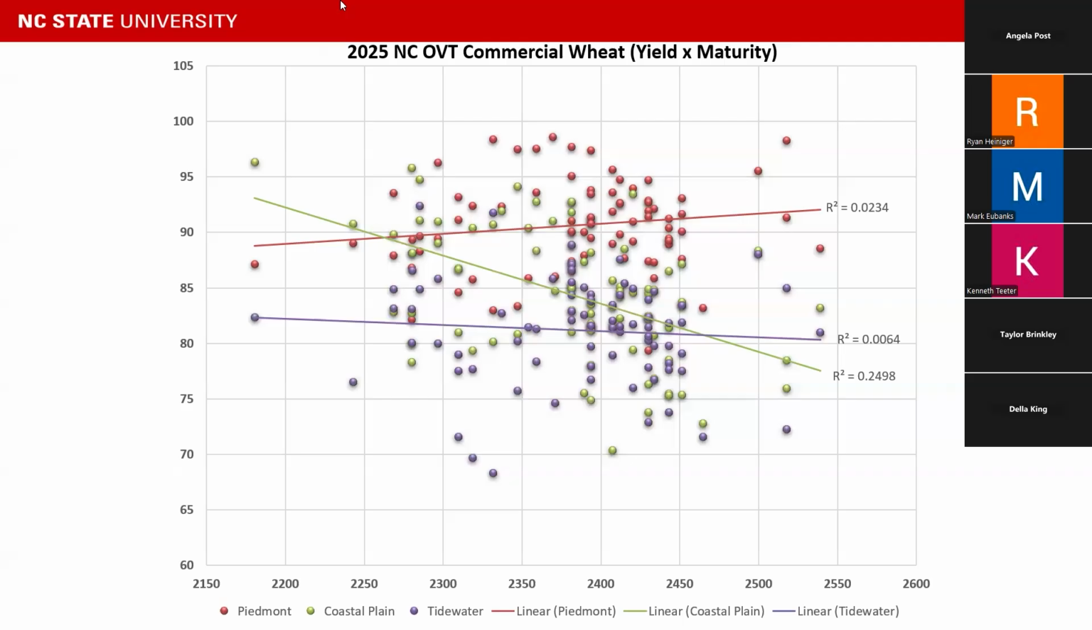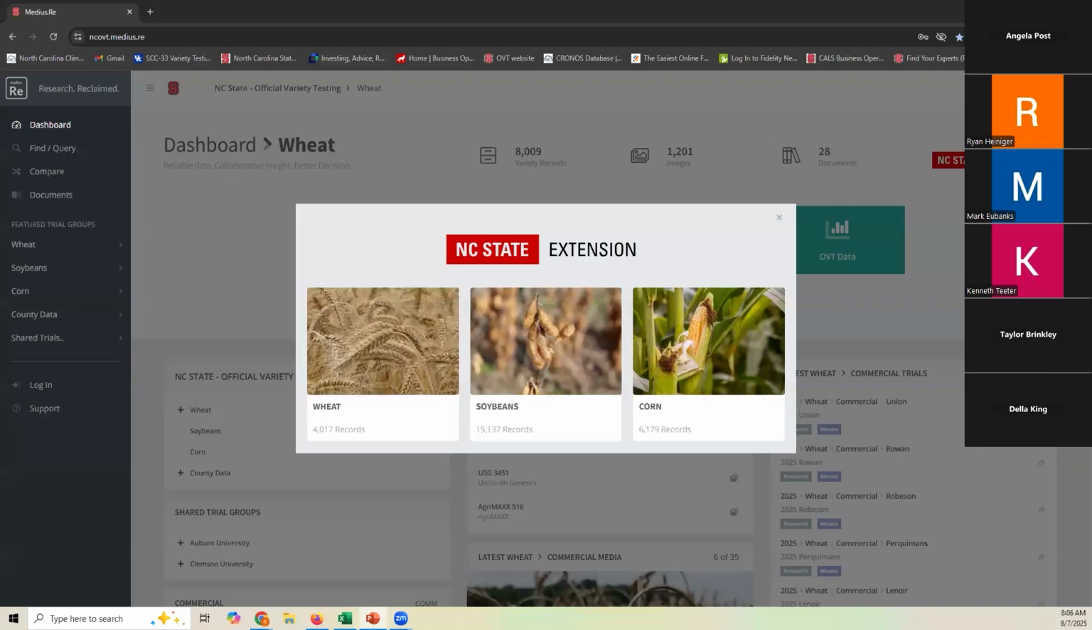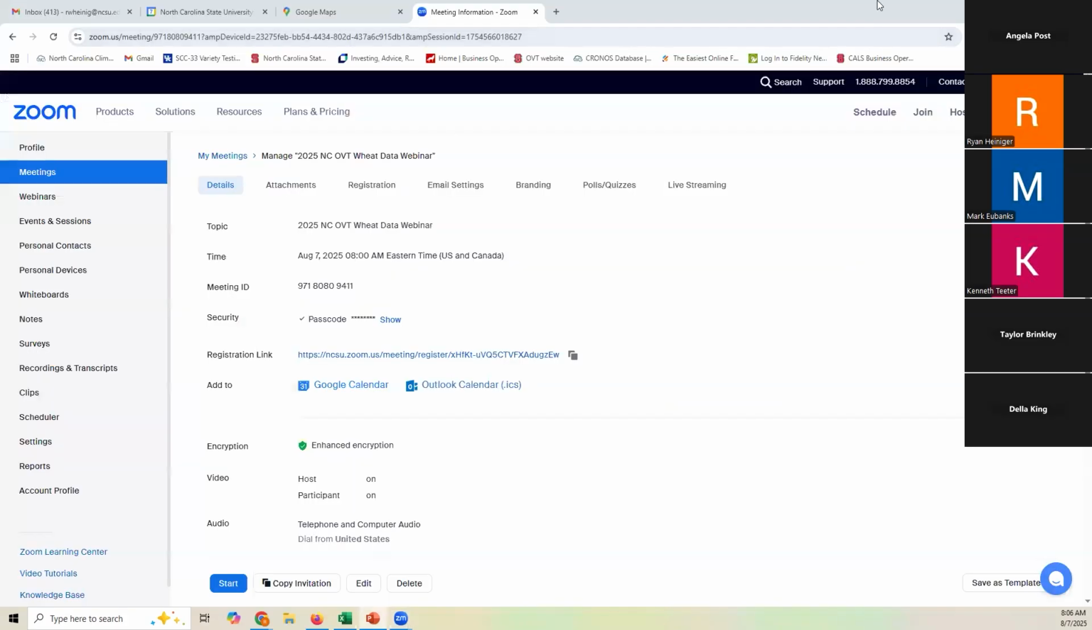Okay. If not, we're going to move on to where we can find the data, and then we're going to deep dive into the variety selection tool and how I would make selections based off of that. And one thing I'm realizing is I did not pull up the OVT website. So we're going to do that real quick. Hopefully you're still seeing what I want you to see here. Yes. Okay. So I'm going to go to the OVT website,